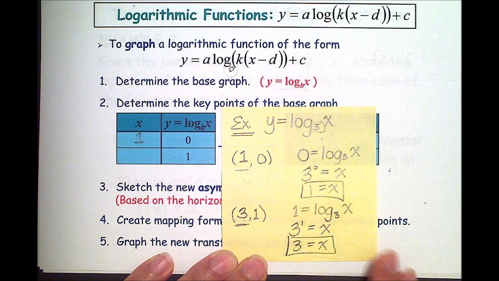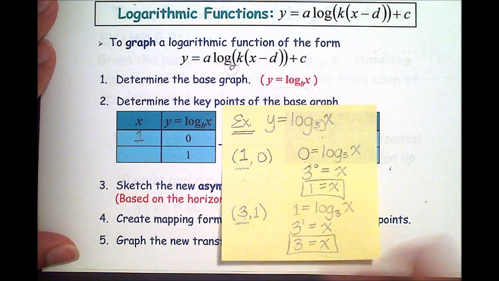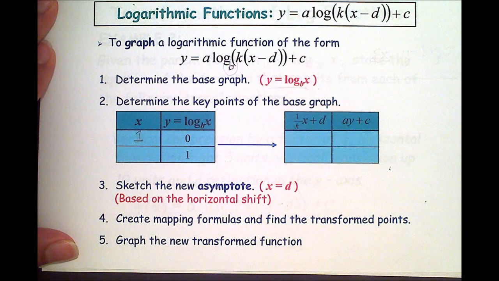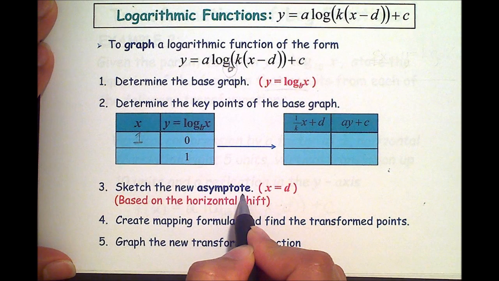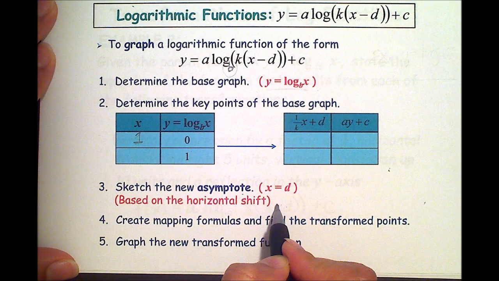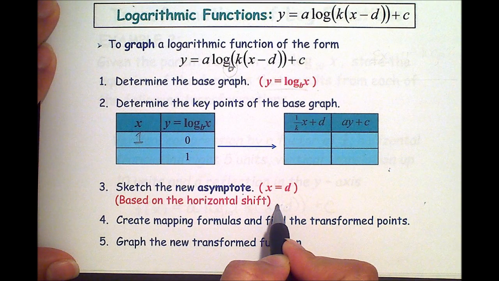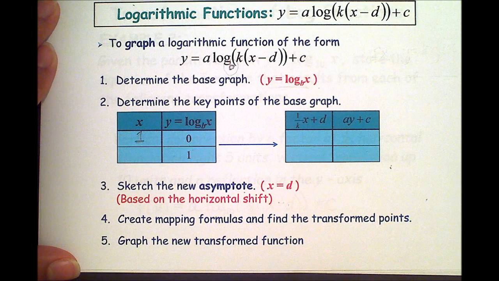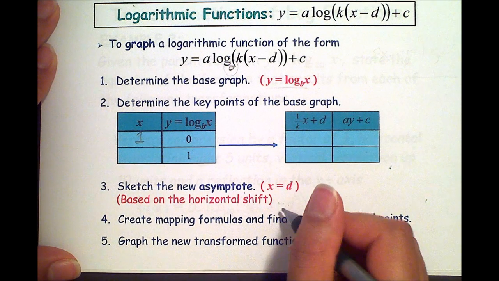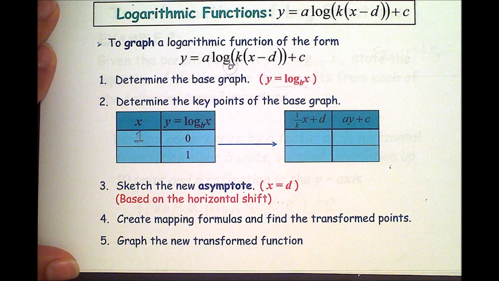Once you figure out your key points, the next thing you want to think about is what your new vertical asymptote is going to be. And your vertical asymptote here, remember, it's dependent on any sort of horizontal shift that you might have. Once you know where your vertical asymptote is, you can sketch that on the grid. And what that'll help you do is create a barrier for your graph. So your logarithmic function will either be to the right of the vertical asymptote or to the left of the